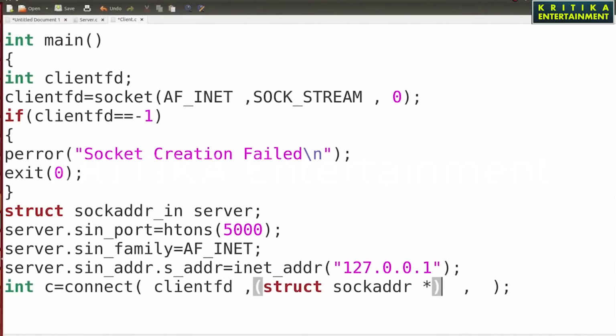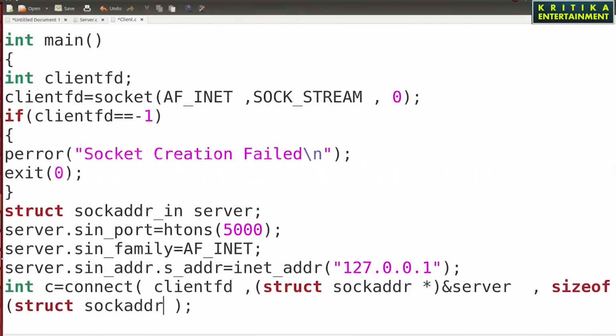Ampersand server. Then pass the size of the server, sizeof struct sockaddr. Okay, and then this will be passed.